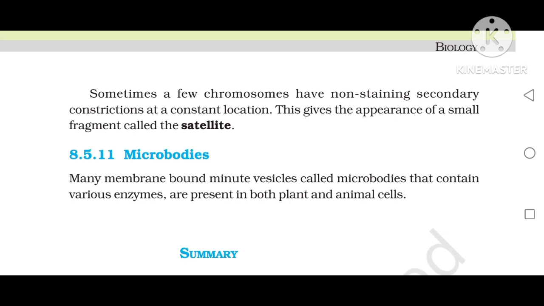Microbodies. Many membrane-bound minute vesicles called microbodies